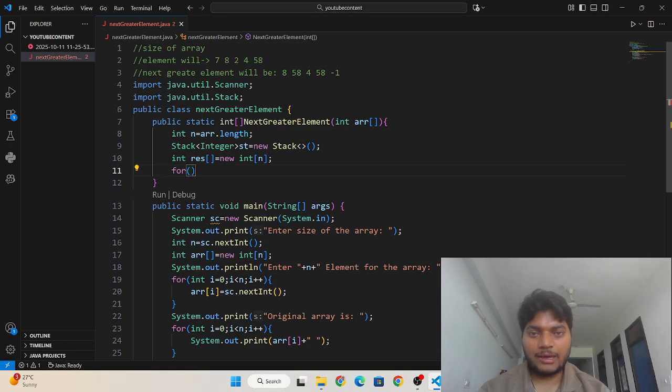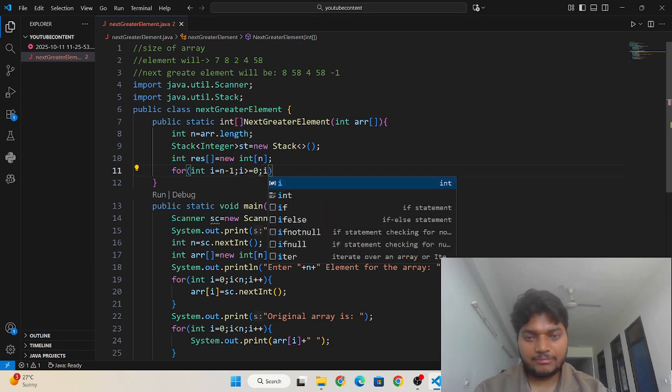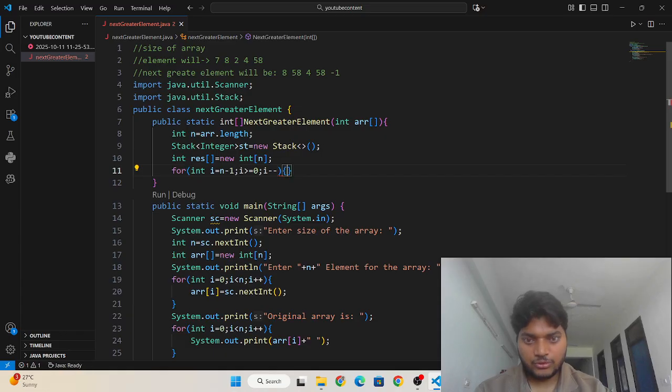So I am starting from the right and I will go left. So I need to write int i is equals to n minus 1, and it will go till i is greater than or equal to 0, then i minus minus.